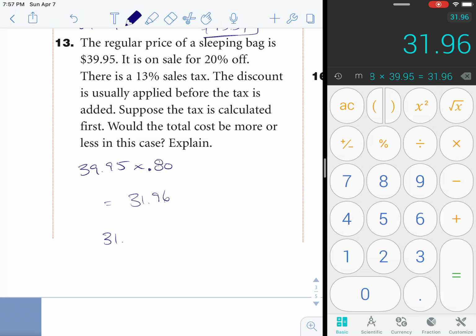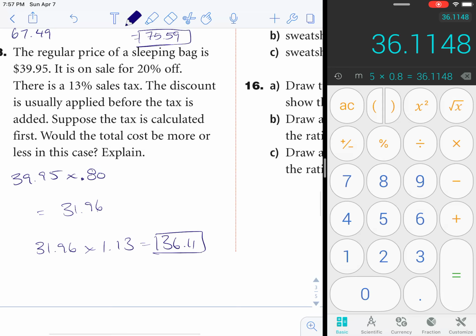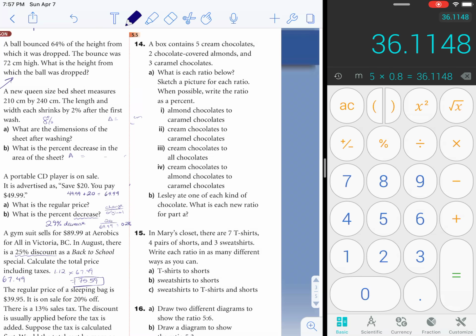And then we need to take $31.96 and multiply it by 113%, or 1.13, and that'll be 36.11 is the price. The other way around, you go 39.95 times 1.13 to get the tax, then multiply that by 0.8, and you end up with the same number. So it doesn't matter which way you go, you'll still get the same thing. Okay,